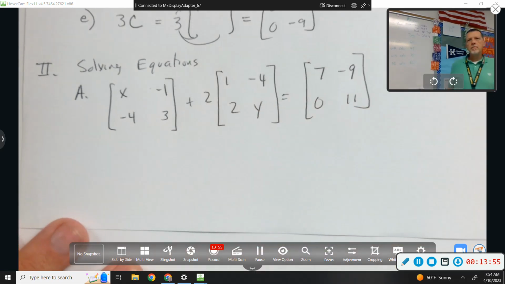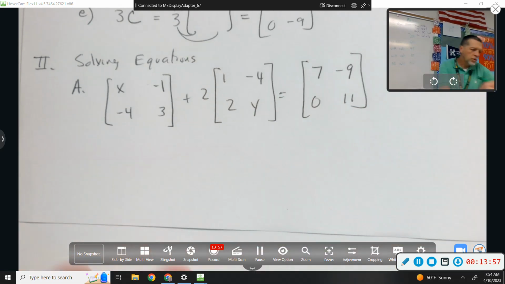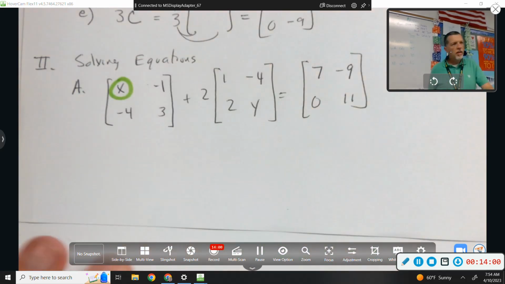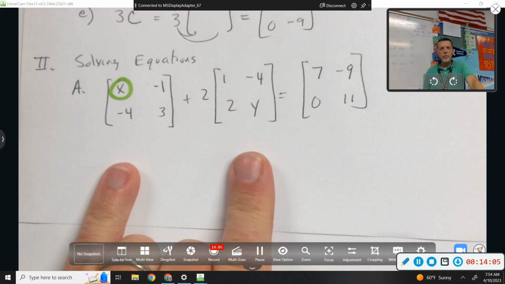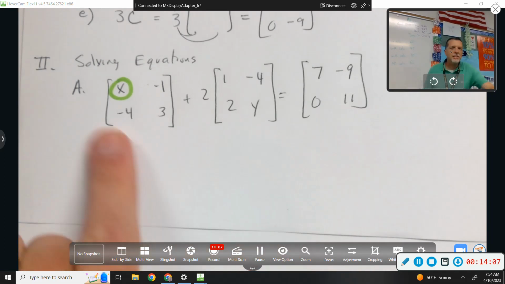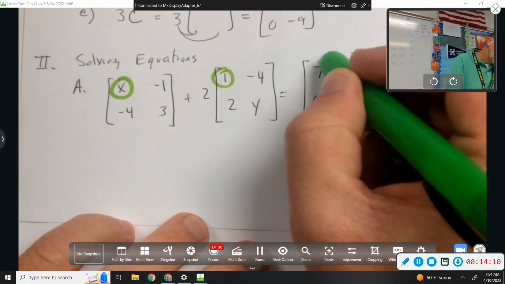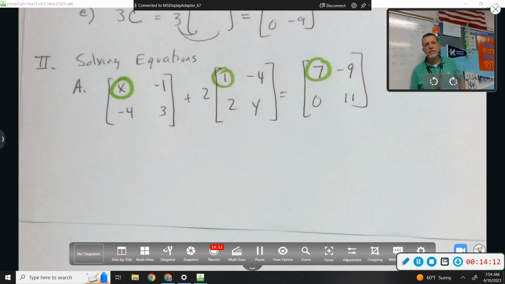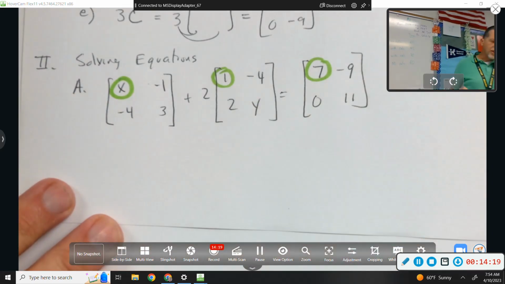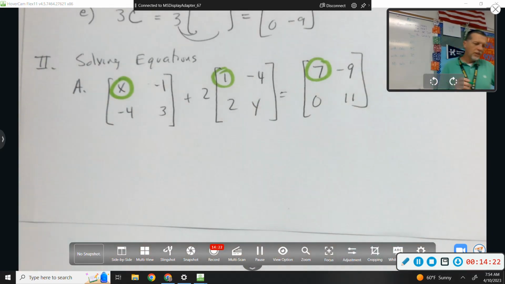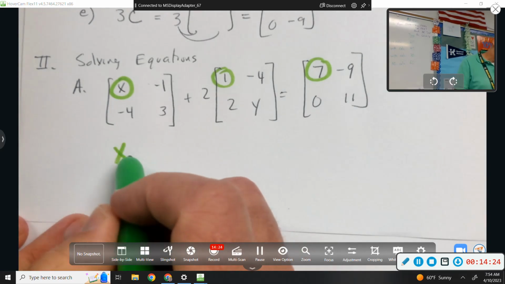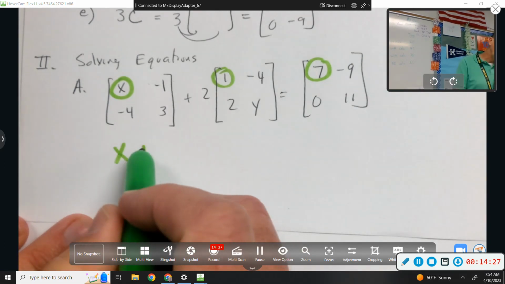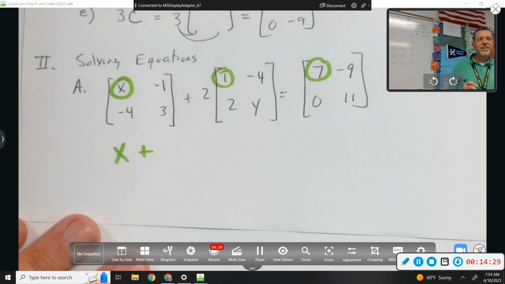Let's see. So there's x. And I'm adding matrices. So adding I do like by position. So I'm looking at the top left. So most of the other numbers, or at least none of the other numbers I should say, matter. I just want the top left stuff. So let's write an equation using the top left stuff. Now be careful. What would the equation be? X plus,